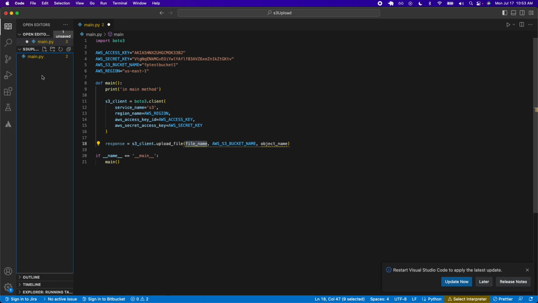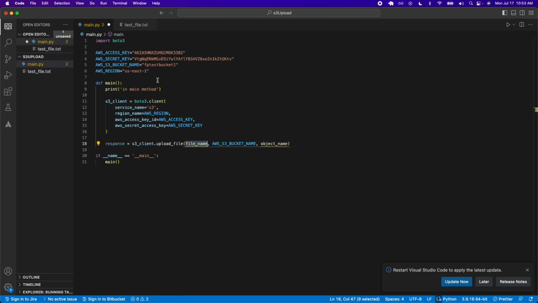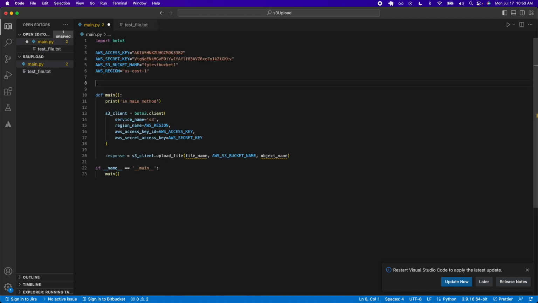So let's actually create one real quick. I'm just going to create a new file. I'm going to call it testfile.txt. I'm going to say here is my file I want to upload. Okay, let's save that. And if I go back to main, I'm just going to create another variable called local